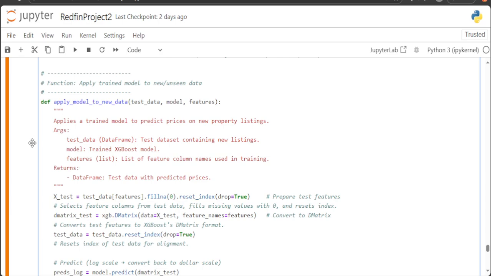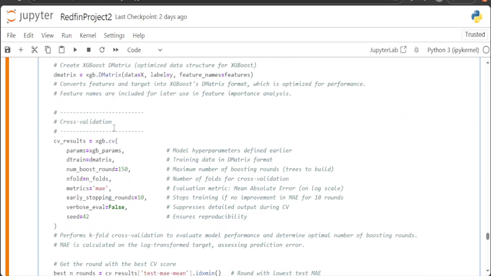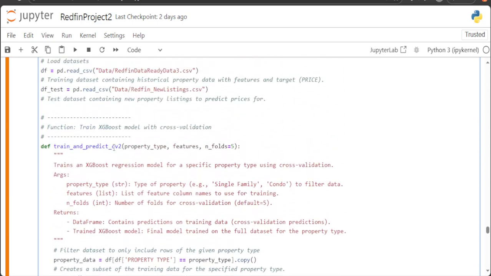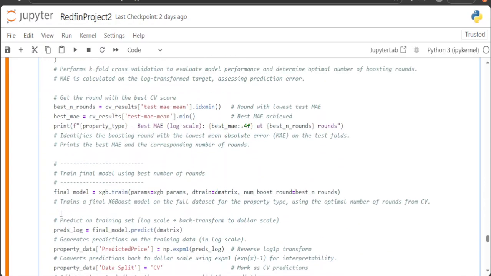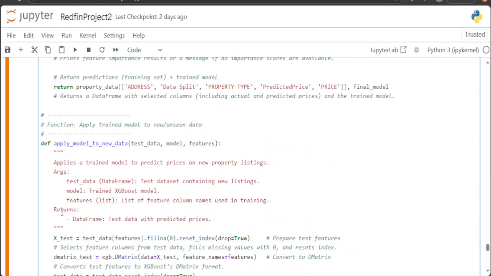And in part 2 of this AVM model that we're trying to run, we are going to apply our model to the new listing data. In the previous video, we did a walkthrough of how we determined our XGBoost model with cross-validation and best boosting rounds to predict sold prices, and now we're trying to predict the sold prices for current listings in our listing dataset. So we make our new custom function called apply model to method,